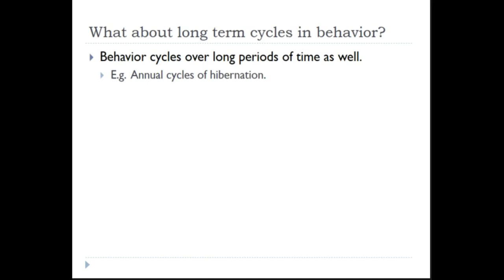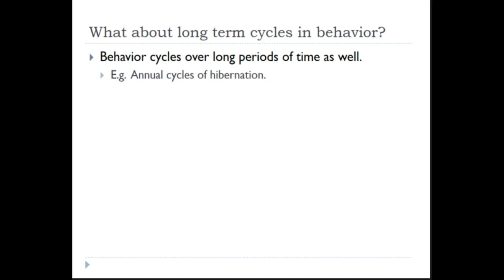Most of the time animals, unlike humans, can reproduce all throughout the year. Maybe they're on a monthly cycle, maybe not. But again, humans can reproduce any time. Most animals are only available to reproduce once or twice a year. And it has to happen at a certain time when environmental conditions are optimal for raising young. Because if you try to reproduce at some other time, you're not going to have a successful clutch or brood or set of offspring. So behavioral cycles need to cycle over long periods of time, over the course of a year.